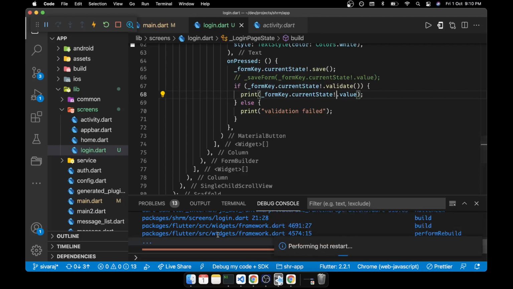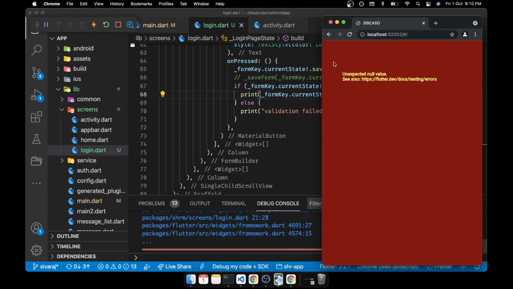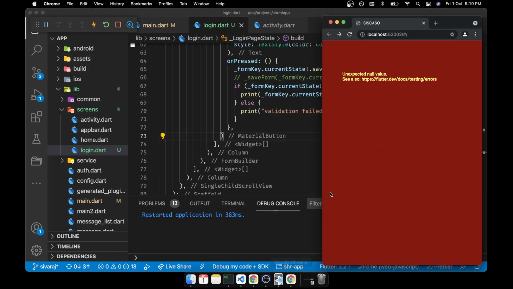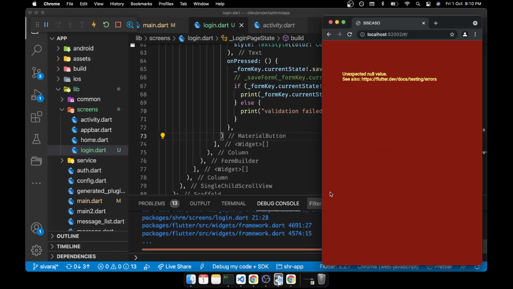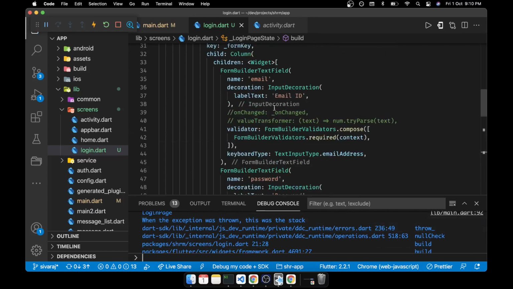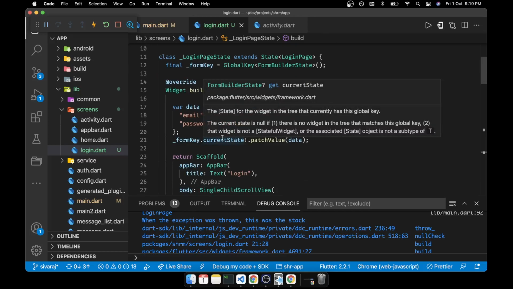Okay, unexpected null value, line number 21. What is line number 21? Okay, so this is line number 21. The current state is null if there is no widget in the tree that matches the global key.